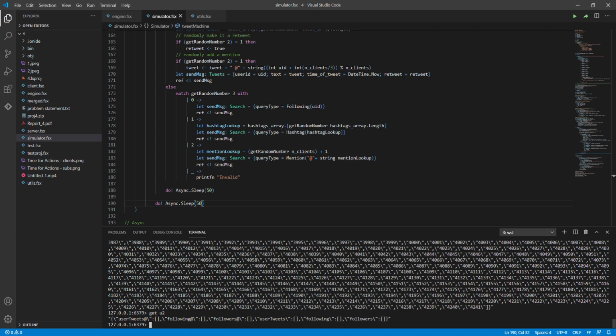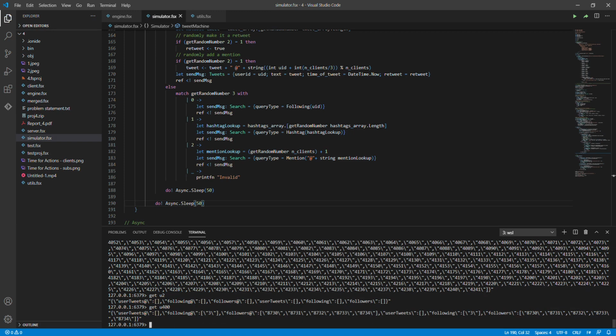So let's just check for random U400. Yeah. So since our zipf distribution starts from 2000 and this is user 400, we can see that it has 5 followers, which is exactly in line with the zipf distribution.